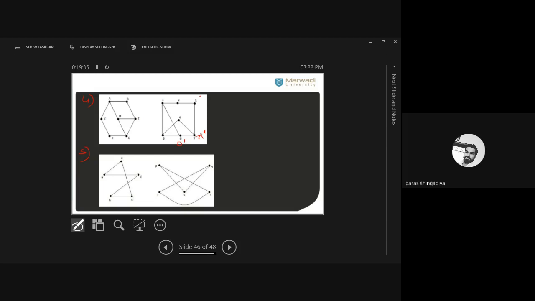Clear? If we put B here, then it is not correct. Why is it not correct? क्योंकि यहाँ पे इस vertex की degree only 2. ठीक है? So that place is not the image of B. Clear? Can we consider this one? That will be the image of B here. Why is it the image of B? क्योंकि ये जो vertex है इन दोनों के साथ connected है. Okay, and both these vertices have degree 3. Clear? So this inside vertex will be the place of B. Clear? Means this vertex is the image of B, and that will be C dash.